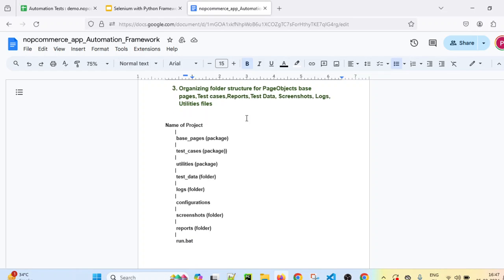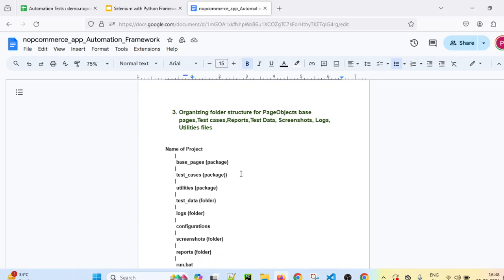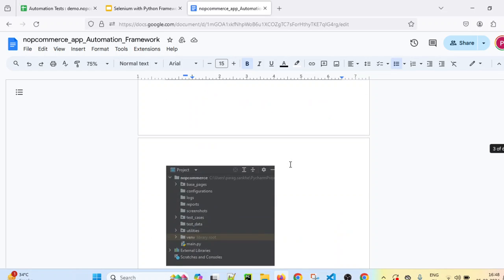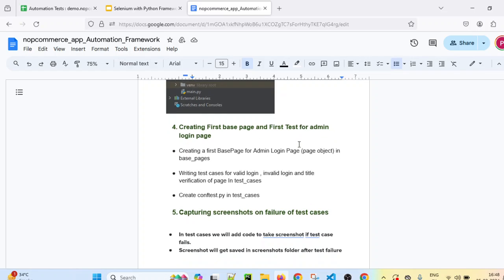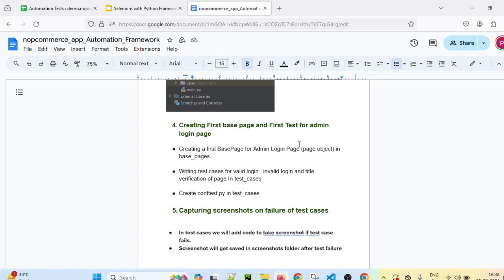So we have created the folder structure of our project, which includes different folders as per the different functions and utility files. This was the folder structure of our NopCommerce automation project. After that, we created the first base page and first test for our admin login page.